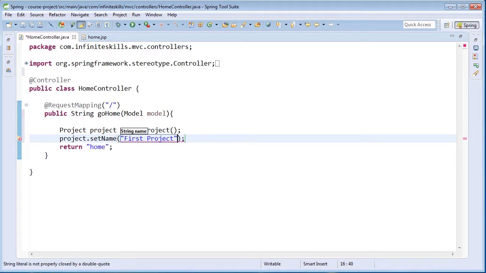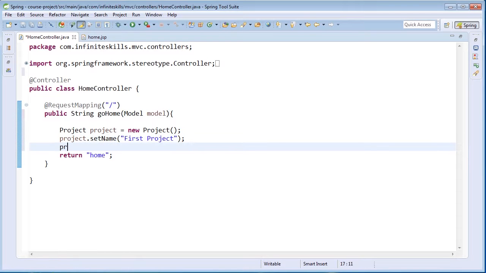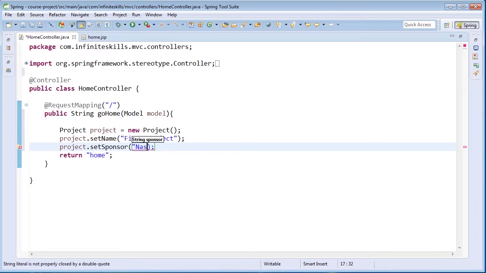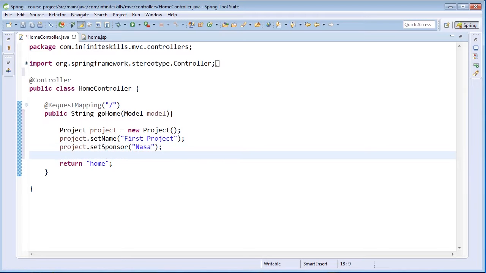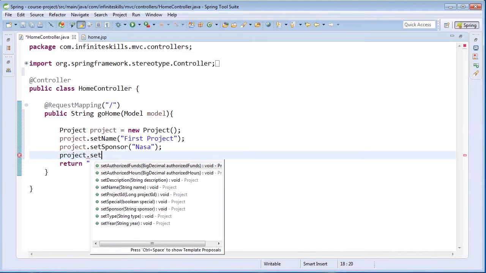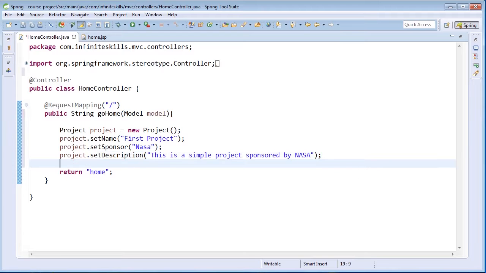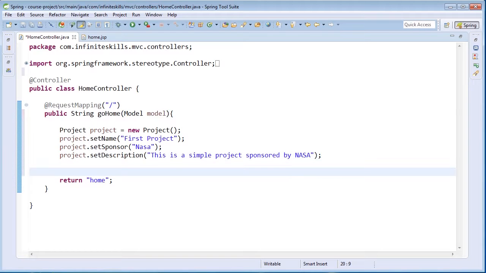And now we'll set the sponsor. So setSponsor. We'll say this project is sponsored by NASA. Now we're going to give a little description. So setDescription, and we'll say this is a simple project sponsored by NASA. We have created a project, and now what we're going to do is place that project within